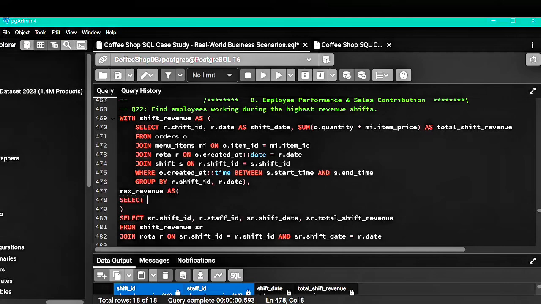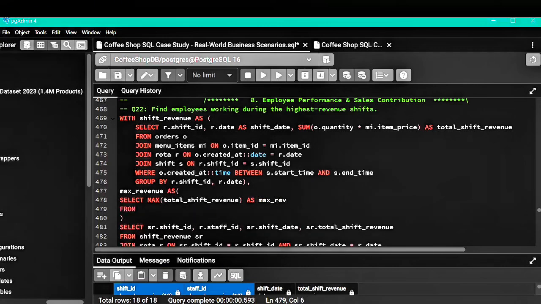To select the maximum revenue row, we need to use the max function in SQL. This will select the top row from total shift revenue. So max total shift revenue, and we'll call it maximum revenue